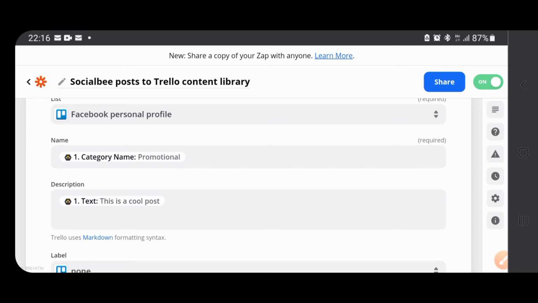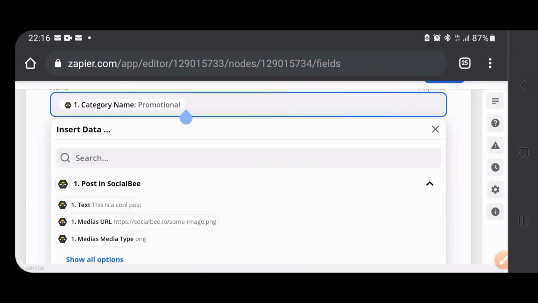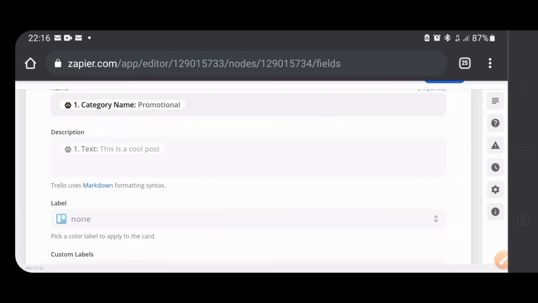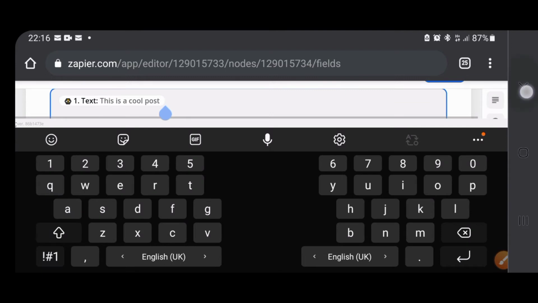So for example, here I added the name of the card will be the type of the post in SocialBee, so I know straight away what kind of content that is. The description will be the text of the post,